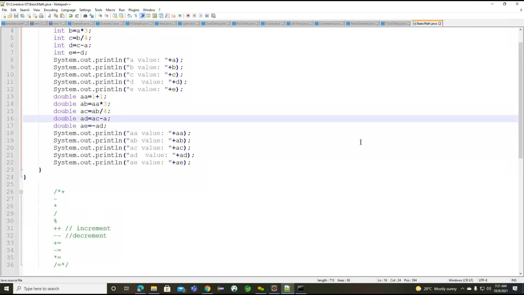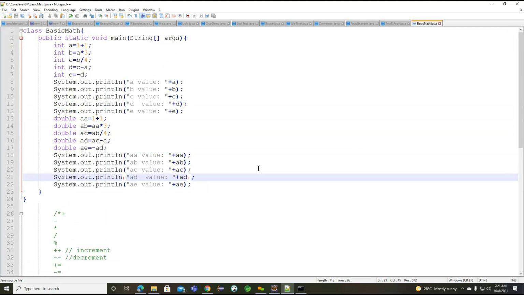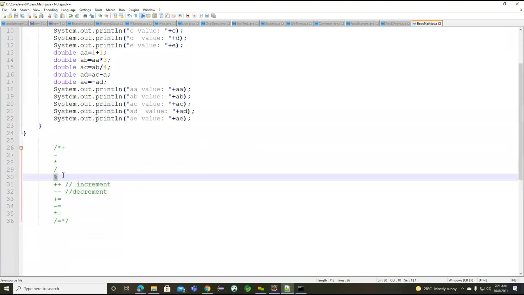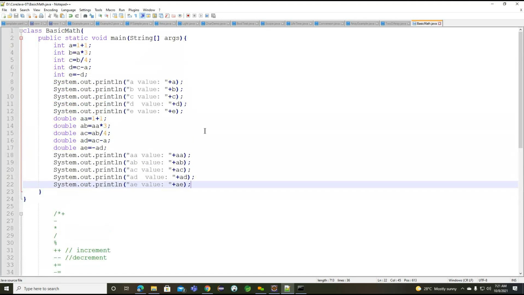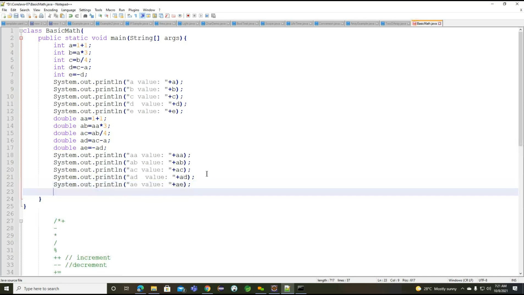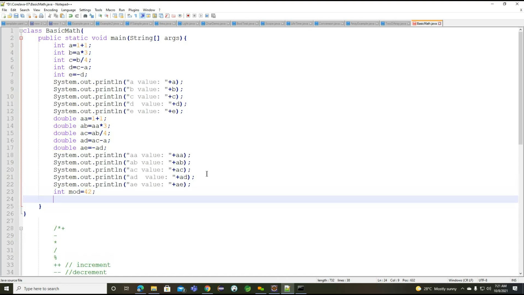Now if you understand carefully, we'll try to work on the modulo operator. How can you implement this particular modulo operator? Let's see. We'll work on the same example with the help of the modulo operator. Here I want to write MOD. MOD is nothing but the modulo operator, and 42 I'm giving here.